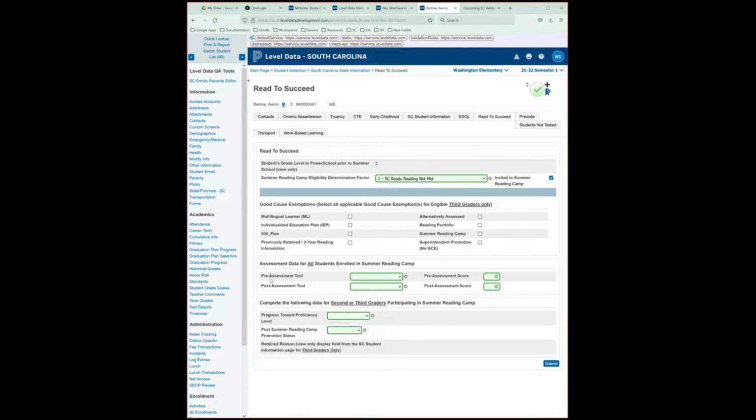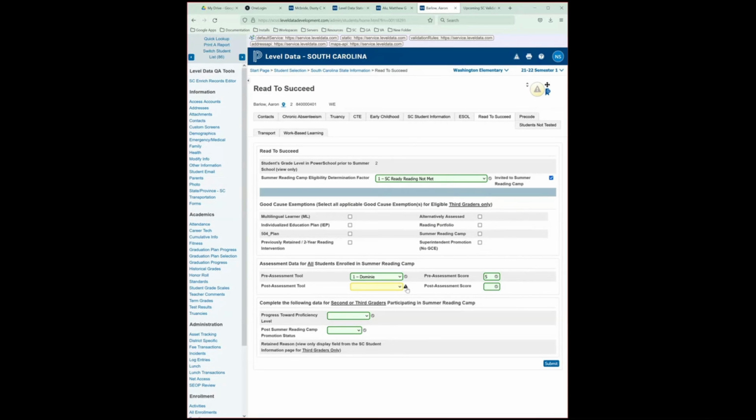For the pre-assessment and post-assessment area here, if the pre-assessment tool is populated with a value of 1 to 6, it sets off the rest of the validations here. So it's saying if a pre-assessment tool is selected and it doesn't equal not tested, a score is required. So once we populate with a score, it turns the validation green, good to go.